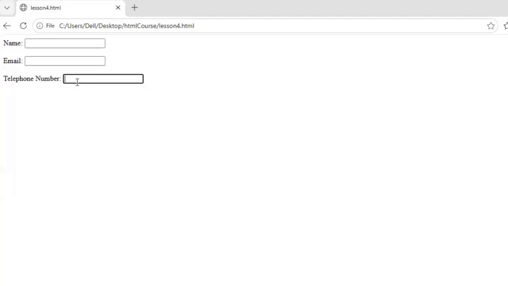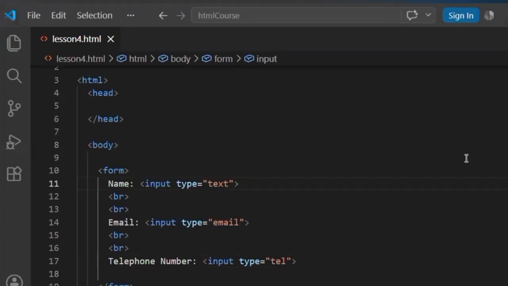Okay. Now how do we enter a placeholder? Can you remember inside the input field we entered a placeholder like that? We want to enter here a placeholder, enter your name. Here we want to give a placeholder, enter your email. Here, enter your telephone number. So how to do that in this? If you all can remember the placeholder in the previous video, we did that for the input